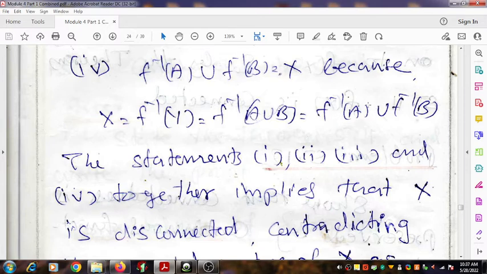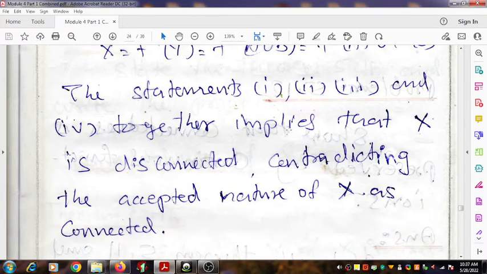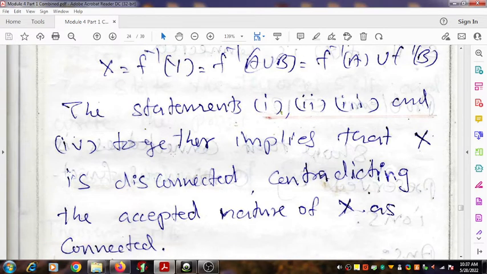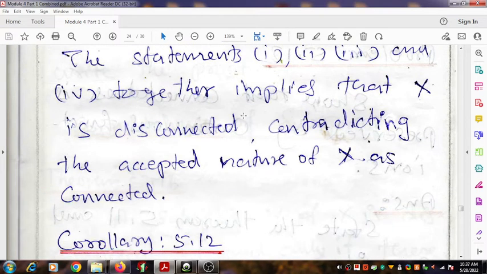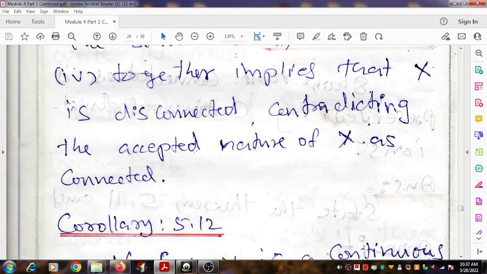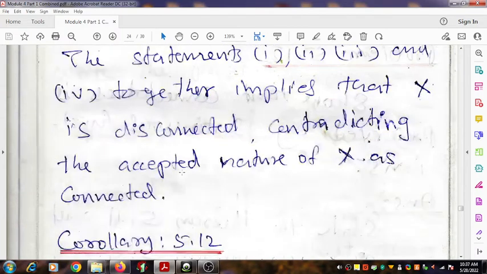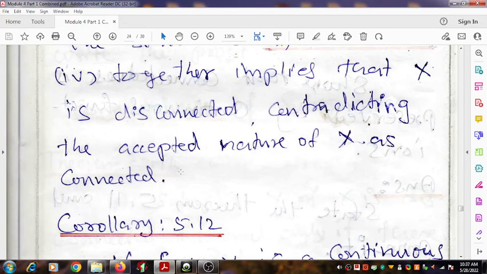So this is the splitting of the single expression, and the statements 1, 2, 3, and 4. The properties 1, 2, 3, and 4 together imply that X is disconnected. It's because the open sets f inverse of A and f inverse of B are really making a disconnection for the space X, and this